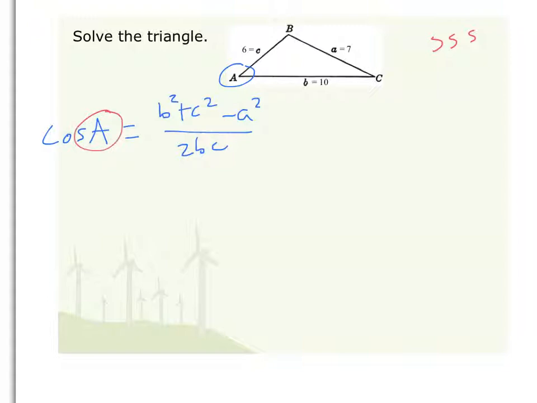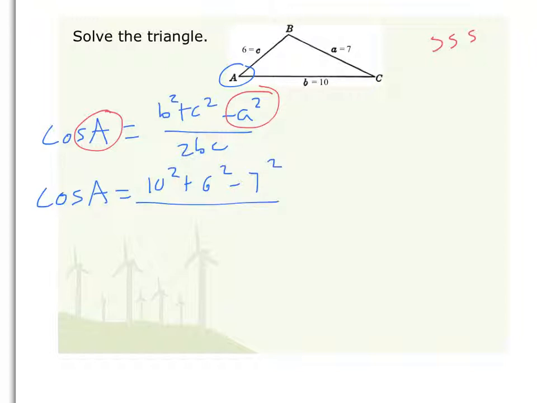Okay, if we're finding cosine of A, this is the only place where angle A shows up. Well, side length B is 10. Side length C is 6. Side length A is 7. And that'll be over 2 times 10